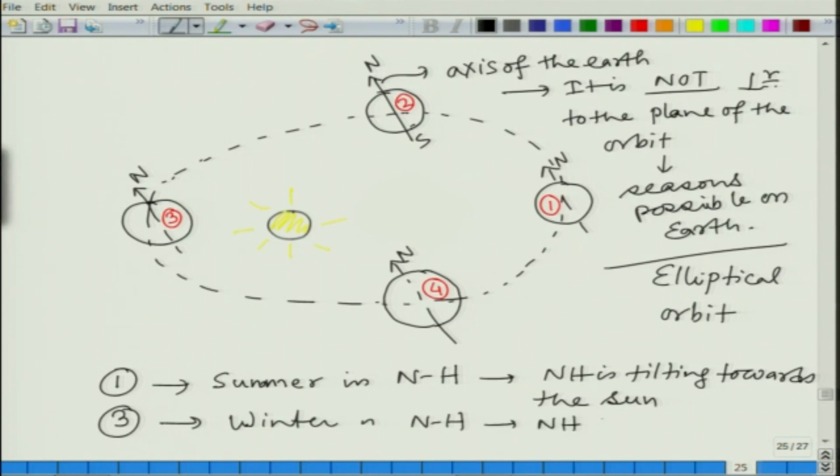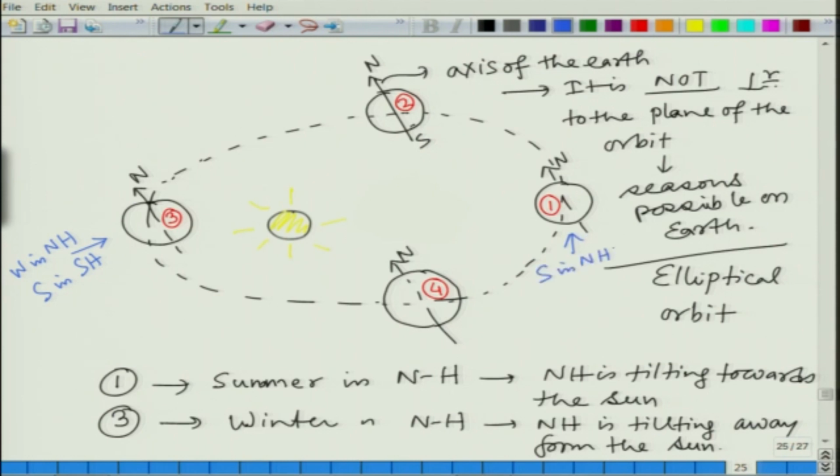So, for position 3 we have winter in northern hemisphere and summer in southern hemisphere, right. Here we have summer in northern hemisphere and winter in southern hemisphere,